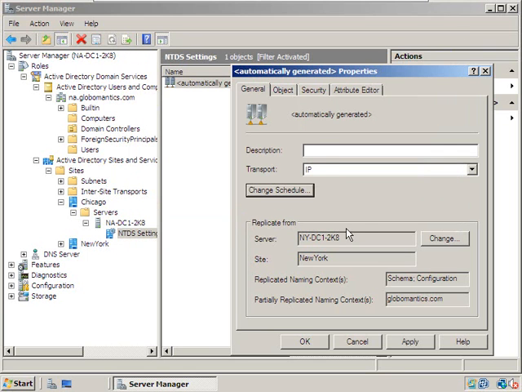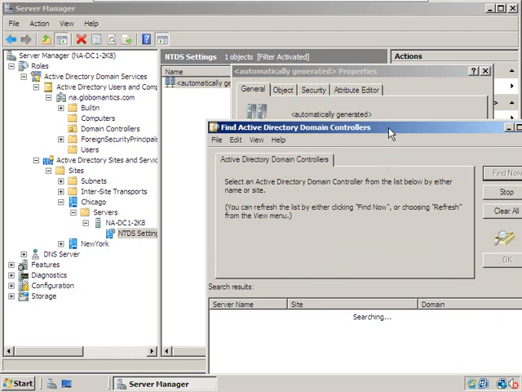We'll tell it okay. Now we could also decide to replicate to a different domain controller. Right now we're replicating to DC1, and that's going to be okay. I mean, we could probably have DC1 catch all of our changes and any pertinent information that it needs, and then have DC1 communicate those changes out to the other 2 domain controllers. Now let's go ahead and click on the change button, and you know what? Since